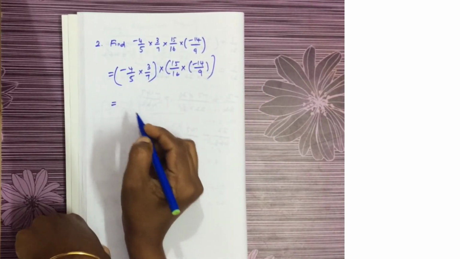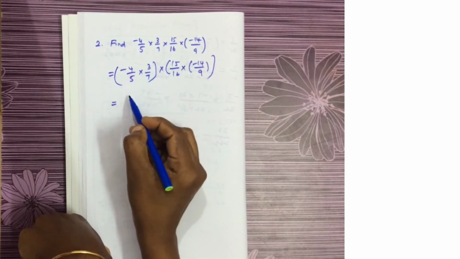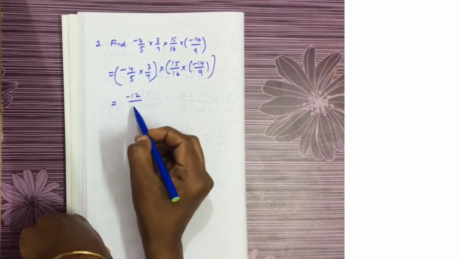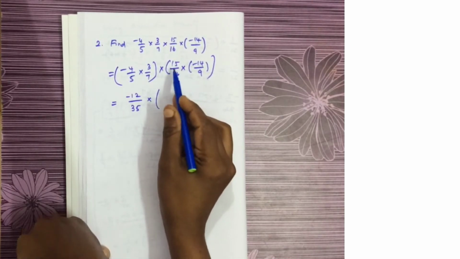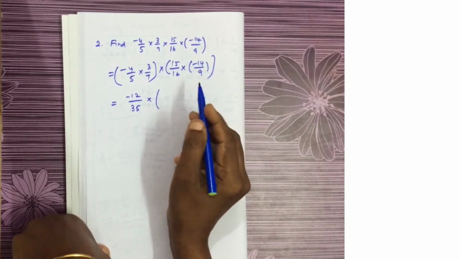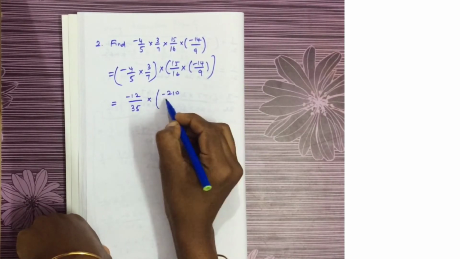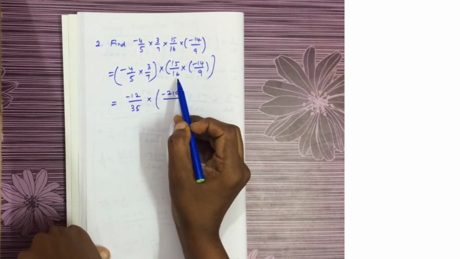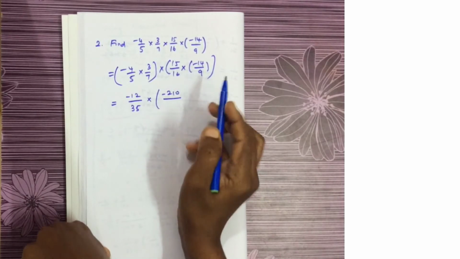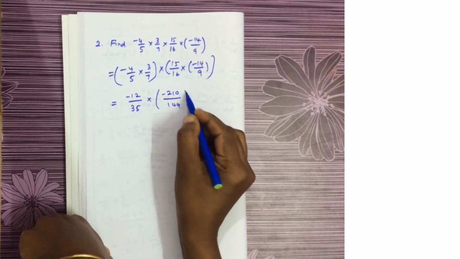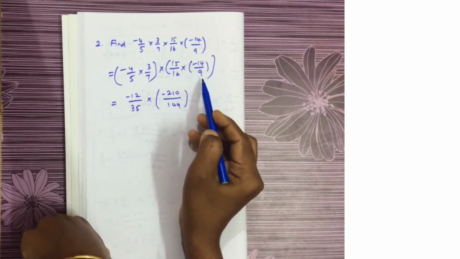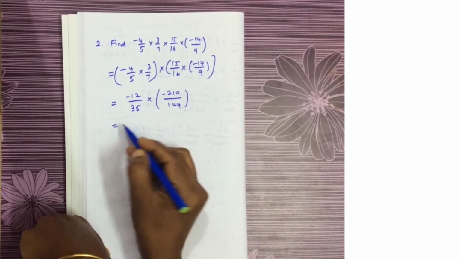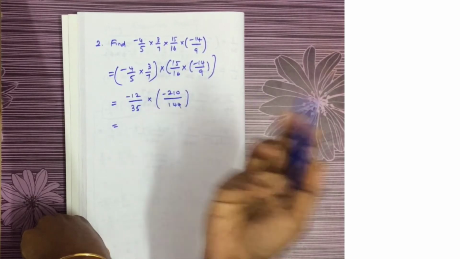So here you can see, 4 3s are 12. So plus into minus is minus, minus 12. 7 5s are 35 multiplied by 15 multiplied by 14. You have to do this and you will find this is 210, divided by 16 multiplied by 9. 16 multiplied by 9 is 144. So here there is one complex multiplication and here is also one complex multiplication. So now again you have to do minus into minus becomes plus.